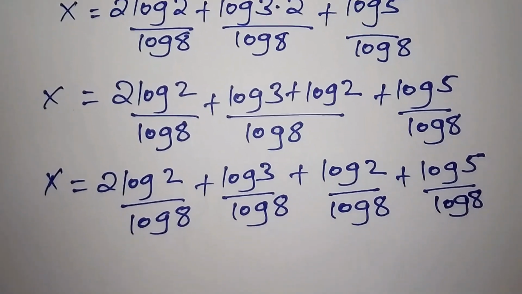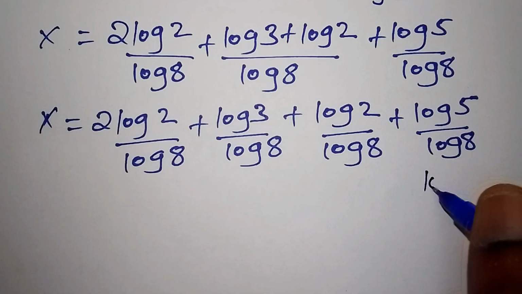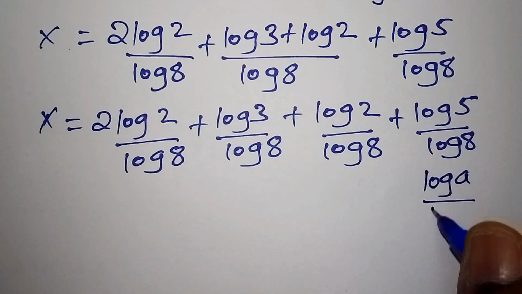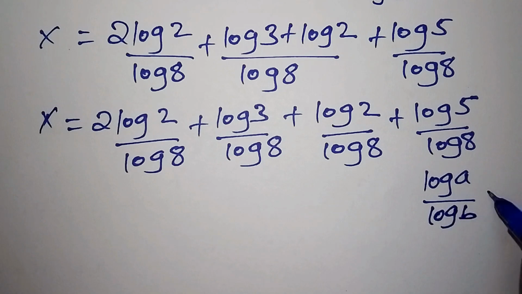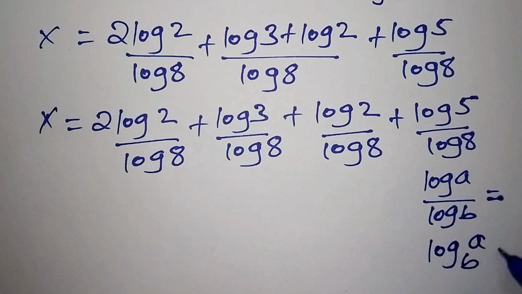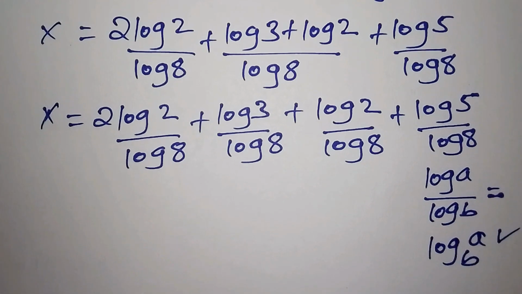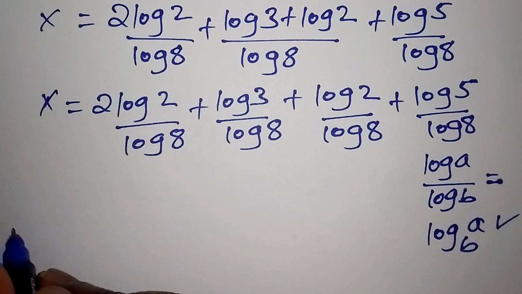So when you have, for example, the log of a over the log of b, when you want to work it out according to the law of logarithms, you can still have it as the log of a to the base of b. So meaning that for our final answer, the value for x